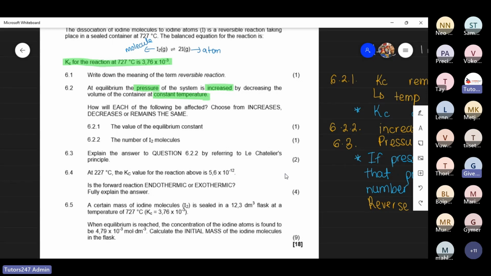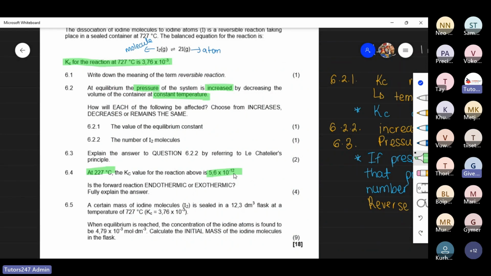So as you can see, we originally started with 727 degrees Celsius. Now we are on 227 degrees Celsius. So the temperature has now decreased by 500 degrees Celsius. So a decrease in temperature results in a decrease in the Kc value. Please don't see 5.6 and 3.76 and assume it increased. Kc decreased, okay? If you want to prove that to yourself, take that 3.76 times 10 to the power negative